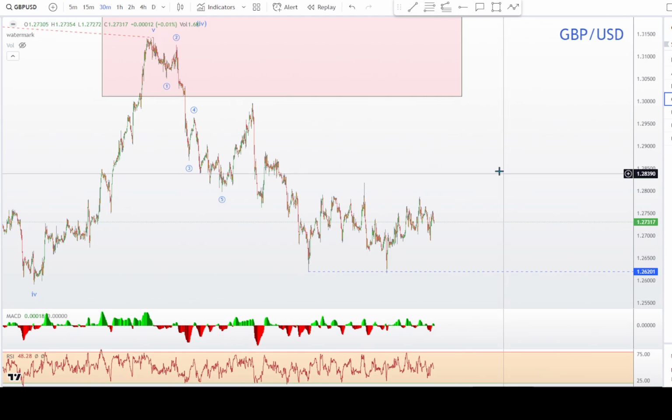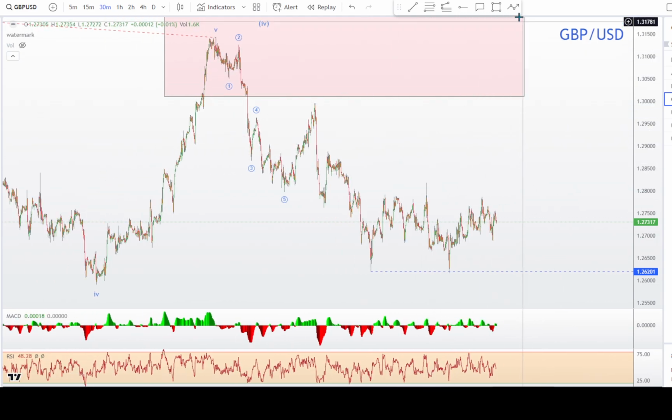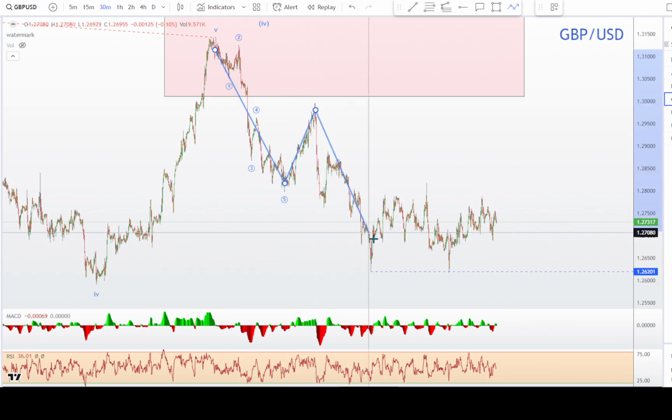All right, the pound. Yeah, so pretty much the same thing. I've got 5 waves there. So this looks like a 1, 2, 3, and then a 1, 2, 3 wave move, and then 1, 2, 3, and they just barely broke it. Now I'm thinking that this is 1, 2, 3. That's 1. I think this is 1, 2, 3. That's A. 1, 2, 3. They just broke that previous low for B, and now it looks like they're making